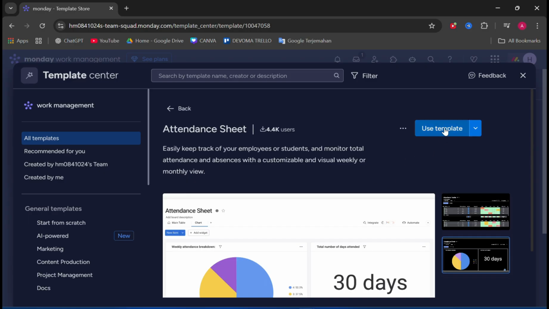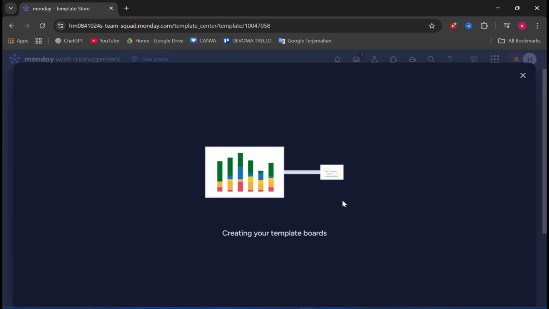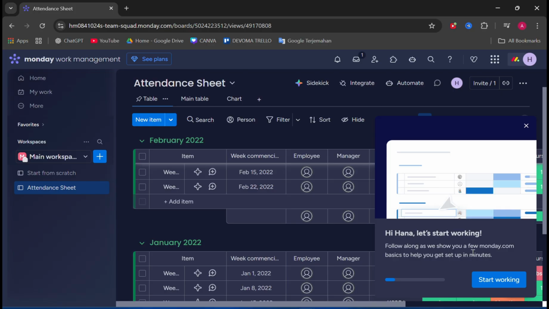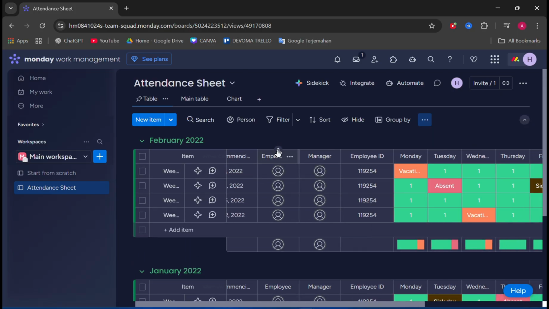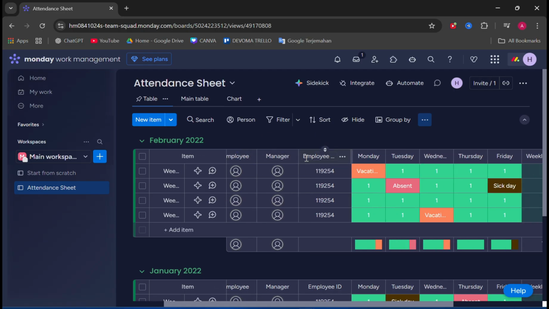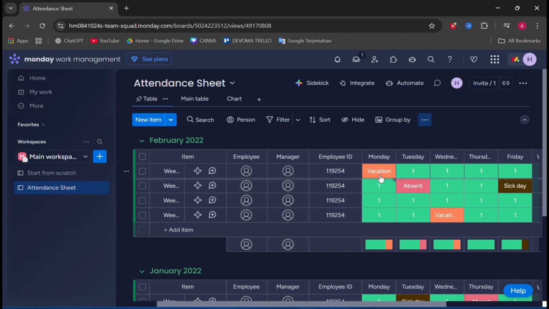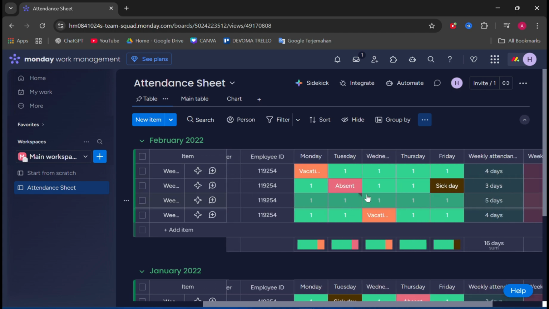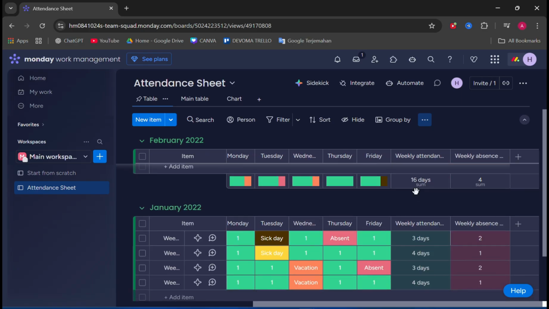You can just click use template here and it's loading. It's going to take a few seconds and it's done. So as you can see, this is the template. You can add the employees' name, manager, and then employee IDs and others. And then for this template, you can see there are the 5 days, the 5 work days, and you can see there are absence and attendance. You can edit